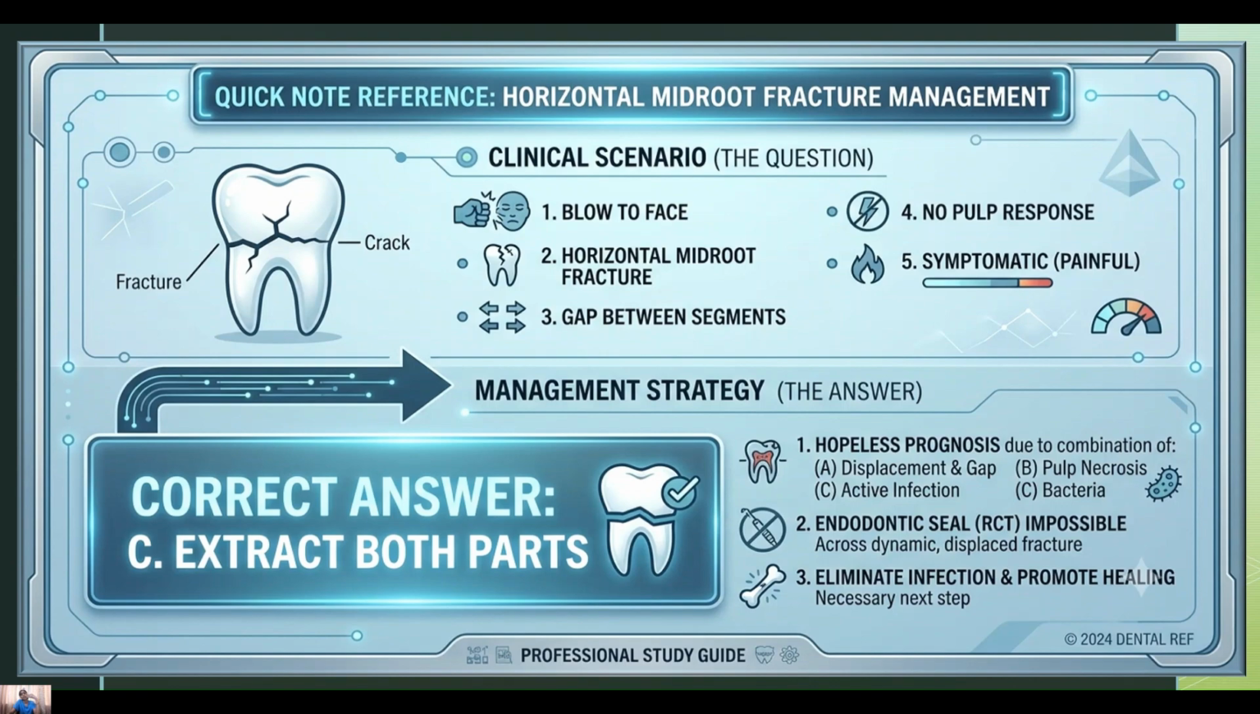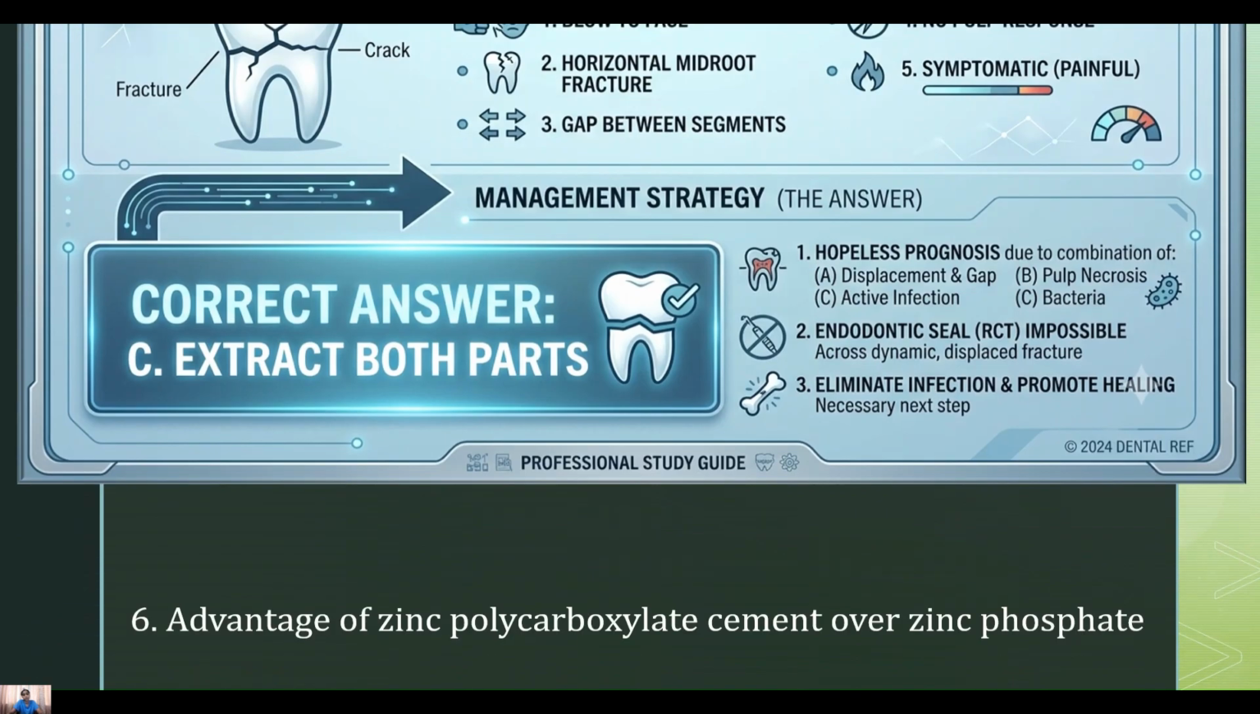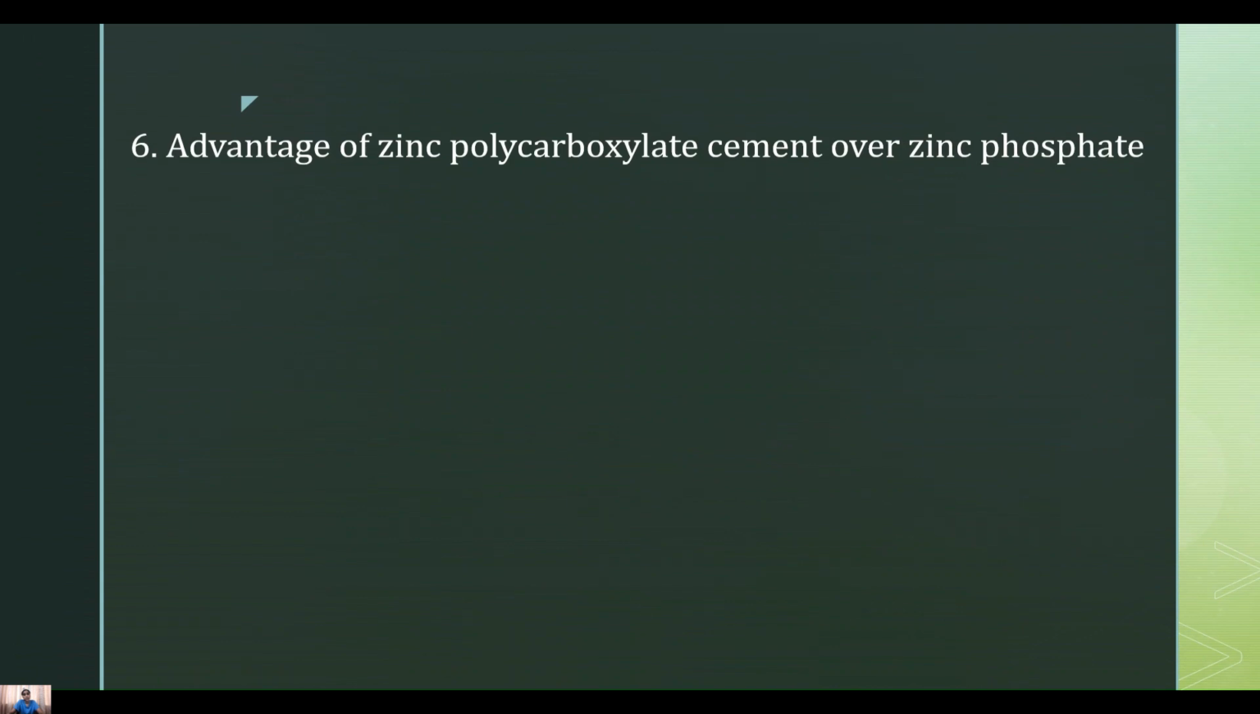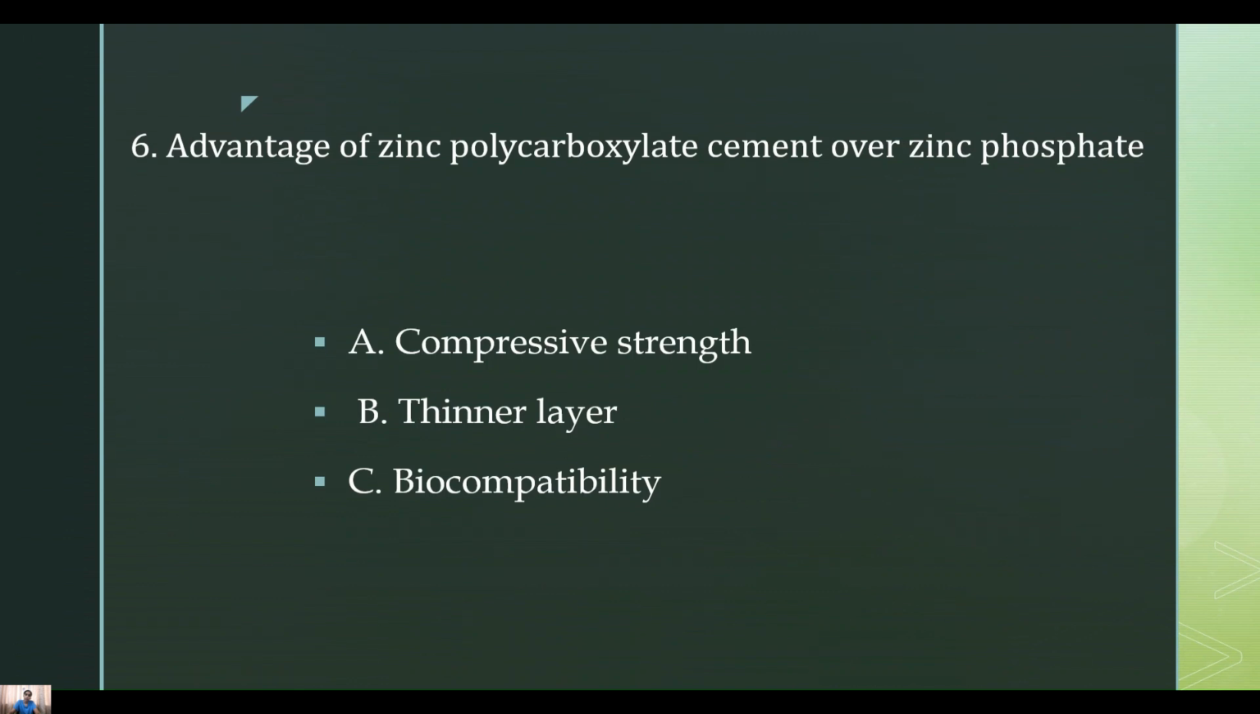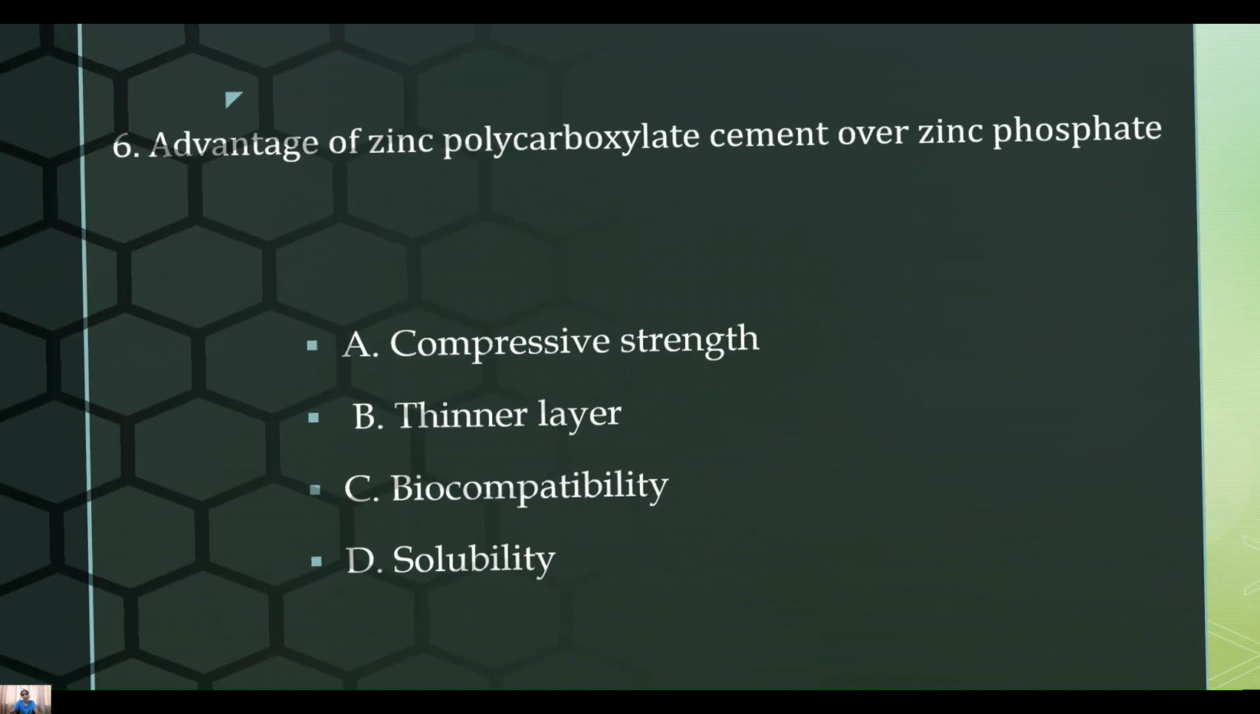Let's move on to our next question. What is the advantage of zinc polycarboxylate cement over zinc phosphate? A. Compressive strength. B. Thinner layer. C. Biocompatibility. D. Solubility. The correct answer is